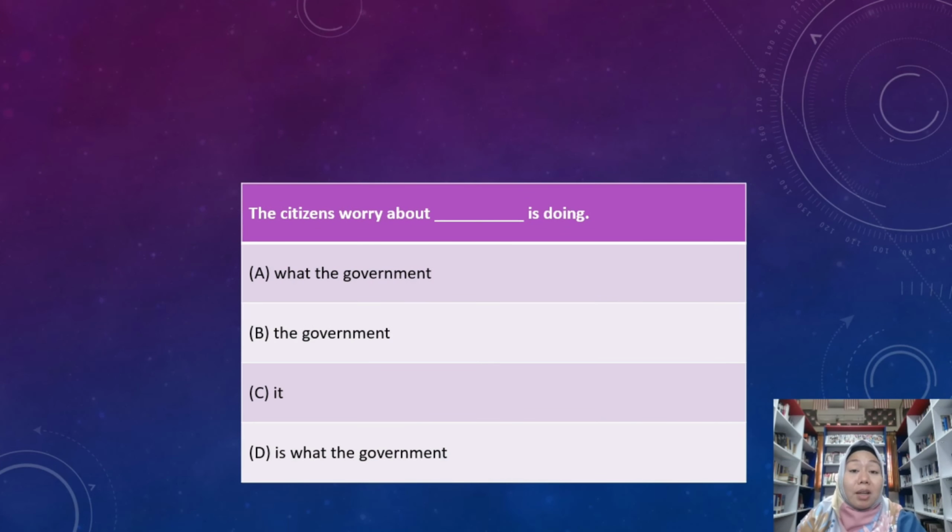Here is an example of a TOEFL question. The first one: the citizens worry about blank is doing. The citizens worry about. There's a preposition here, and you have to be aware that if there is a preposition, it is followed by a noun, either in the form of a word, phrase, or clause. Okay, so here the answer is